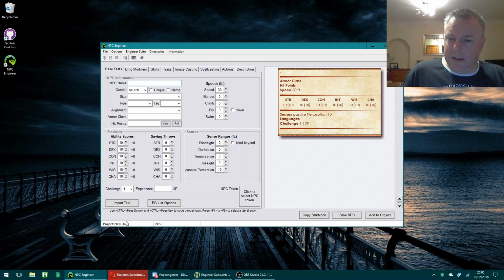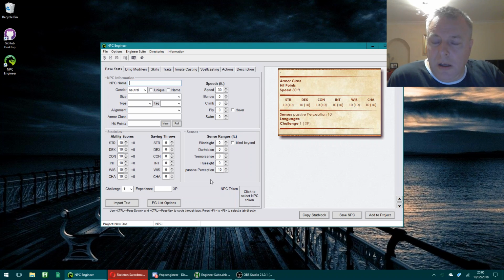Now you can see down here in the bottom left hand corner it's telling me that I have the project new one set up, so I know that I've got a project running. Now I set up NPC Engineer in the first place really for my own benefit, to try to import text that was saved elsewhere, save me having to type it all myself. So I'll look at that as the first part of the program, and then we'll look at entering information by